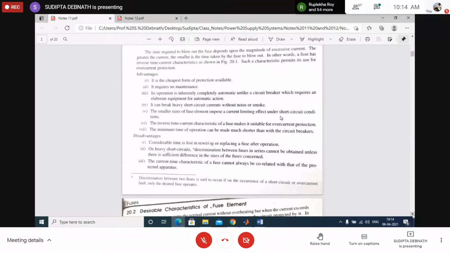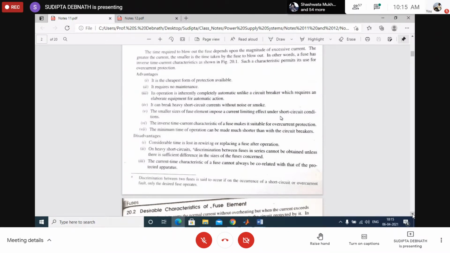Of course, it is the simplest form, but what is the difficulty? It cannot break a circuit carrying high current. What will happen if fuses are inserted? A flashover will occur. Sometimes you have noticed that when a fuse melts, there is a small flashover. The flashover will be small when a small current is interrupted, but this flashover or spark will be on a very large scale if the current is more. In that case, instead of a fuse, we use a circuit breaker. That spark or flashover is called the arc.